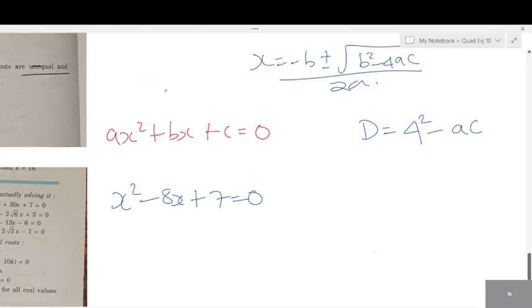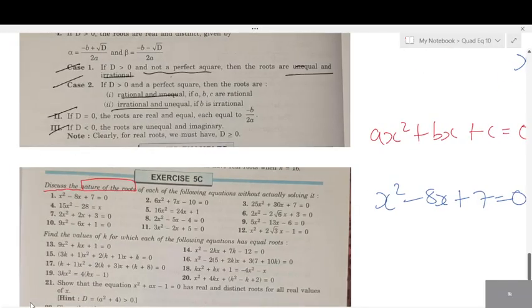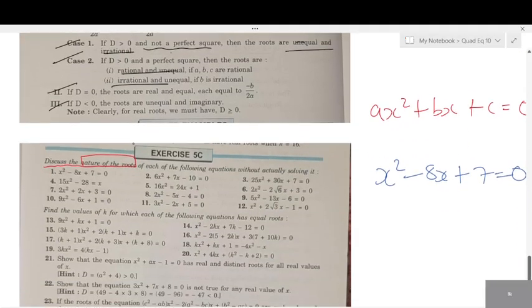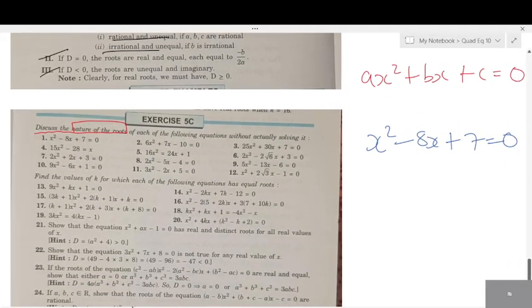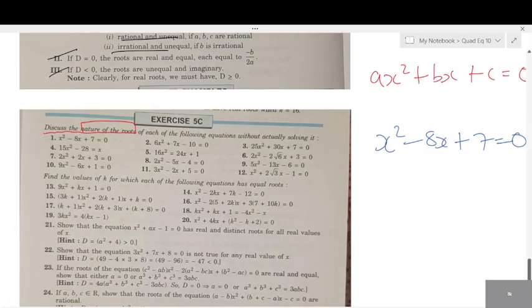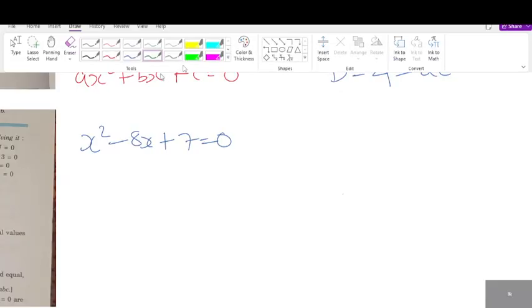So the third exercise is just a part of the second exercise: b square minus 4ac. This is the first question: x square minus 8x plus 7. Now what we do is